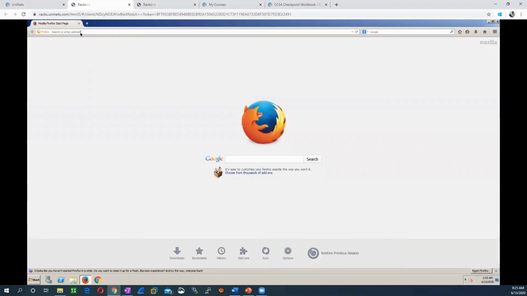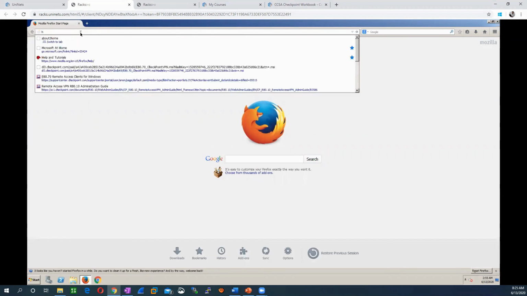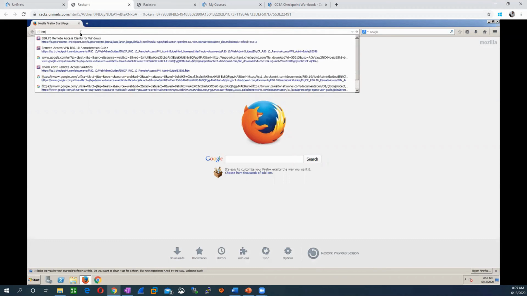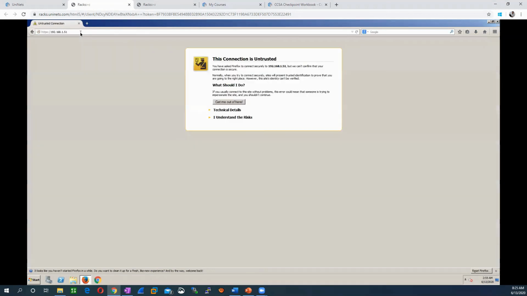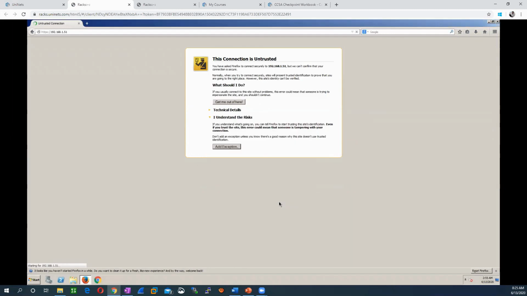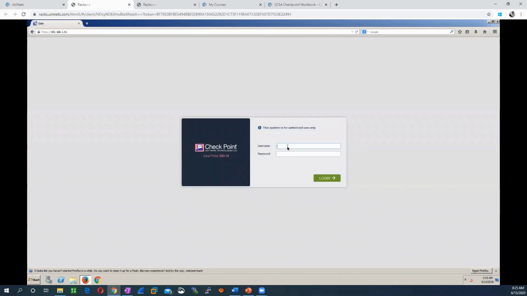Here it's always running in secure mode. That means we have to type https://192.168.1.51 and now enter. I understand the risk, because this is a self-signed certificate of the Checkpoint device and it is not recognized, so you need to make that exception.